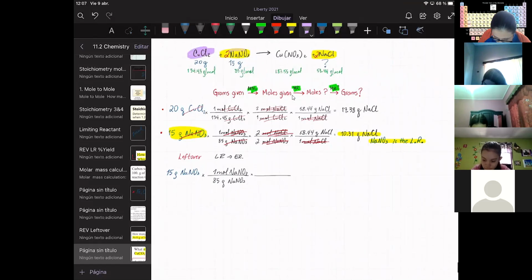So the molar ratio is 1:2, okay? So you say 2 moles NaNO3 against 1 mole CuCl2. And then the molar mass of the unknown, that is in 1 mole CuCl2,